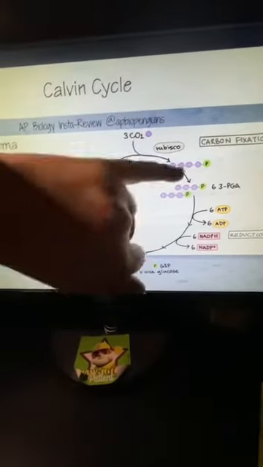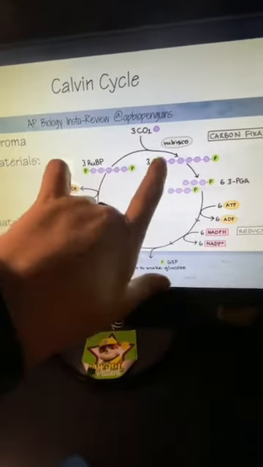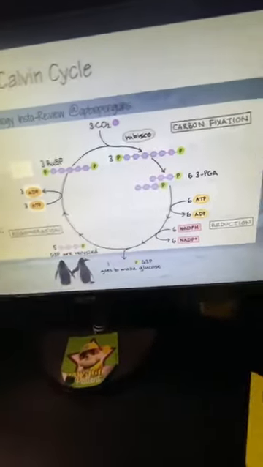These come together making some big, long compound. This goes through the process where that carbon dioxide comes in. It's called carbon fixation. It then goes through a reduction phase. In case you don't know, reduction is gaining of electrons. NADPH has the electrons, so it's going to donate those electrons to this pathway, to that carbon-containing molecule. And since it gains those electrons,